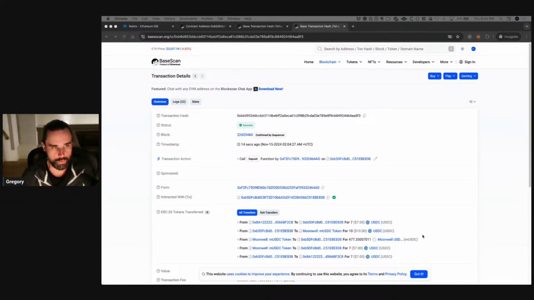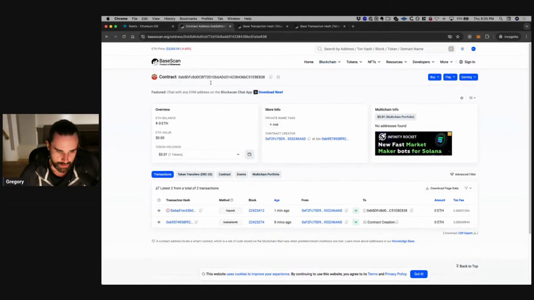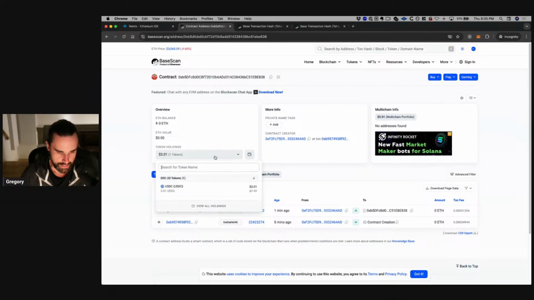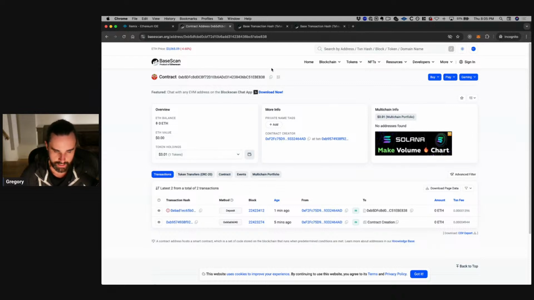Okay. So welcome to live coding. This is what happens in the real world. You're just kind of seeing how I troubleshoot these issues as they come up. I challenged my assumptions, made sure the contract was there. It had money in it. And I was like, hey, there's no reason this shouldn't work. So I'm just going to try again.